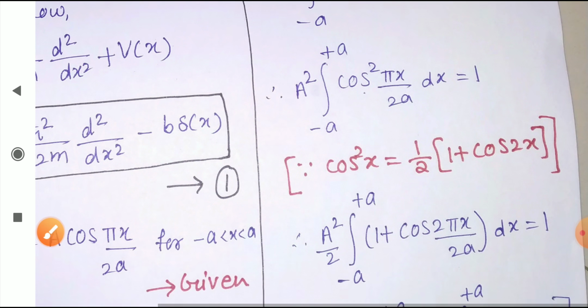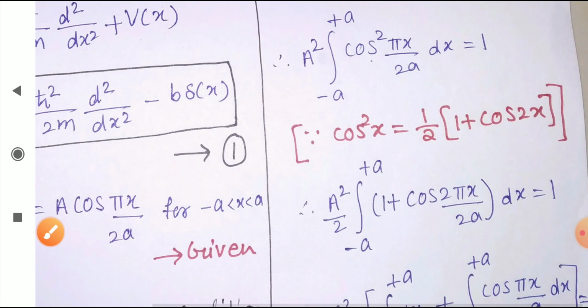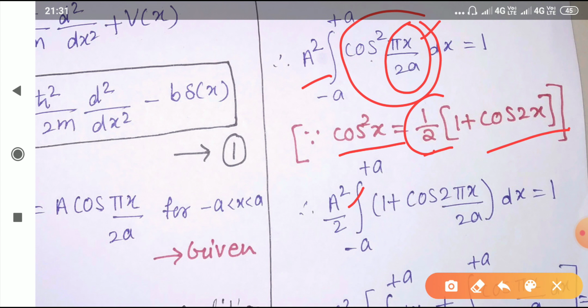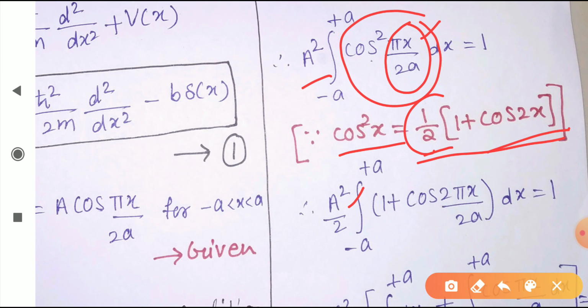Now to solve further, what we will do is we can use the formula of cos²x. Consider this as x. So we know that the cos²x formula is half of (1 plus cos 2x). Clear? Here instead of x we will put πx/2a. So what we will get is a² we will write as it is. This half, instead of cos² we are writing cos²(πx/2a), we can use this formula. So here we'll get half. Half I am taking outside.